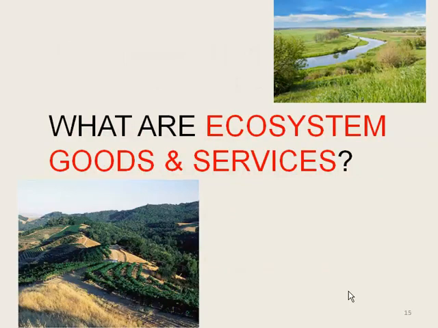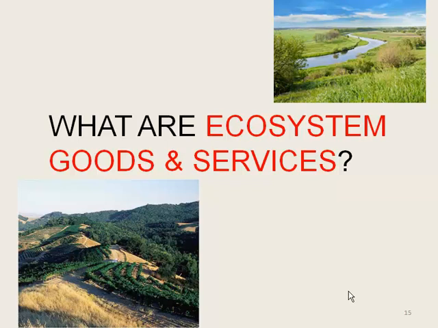So, to start with, ecosystem goods and services. You may have a notion of what an ecosystem is. It's the living, biological environment interacting with the physical environment around it. It could be a forest, it could be a riverside area, it could be a vineyard on a hillside, where the living plant and animal communities are interacting with the hillside, the soils, the underlying rocks, the climate, and so on. So the ecosystem is essentially the natural world around us.